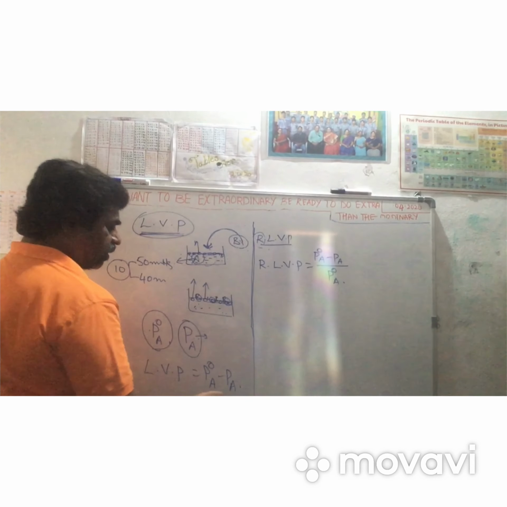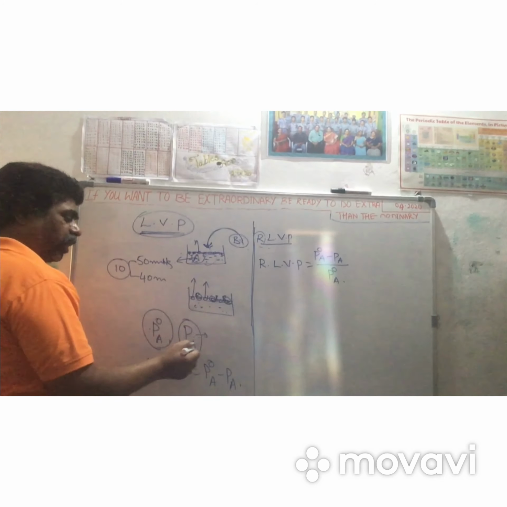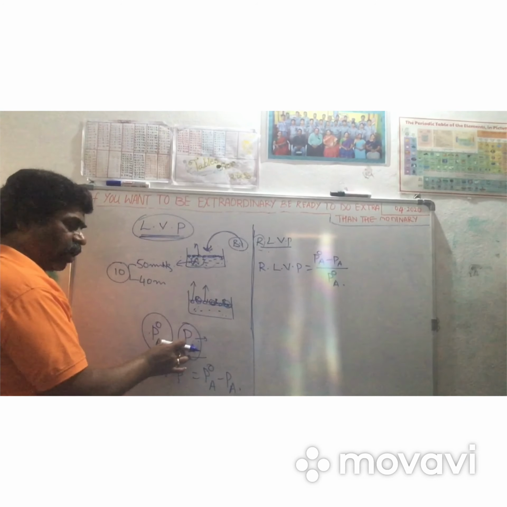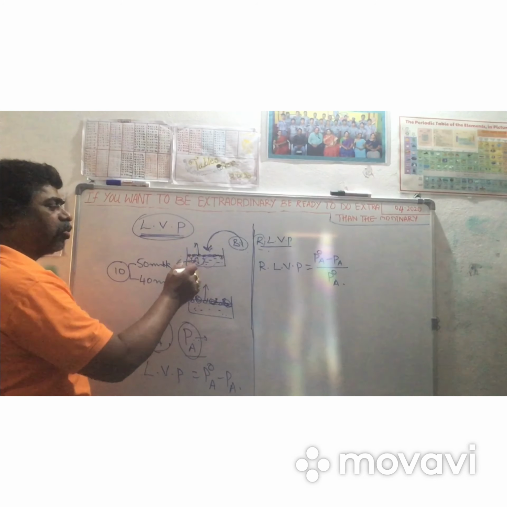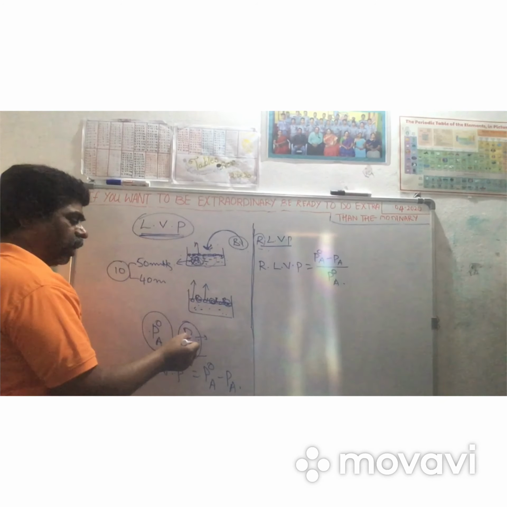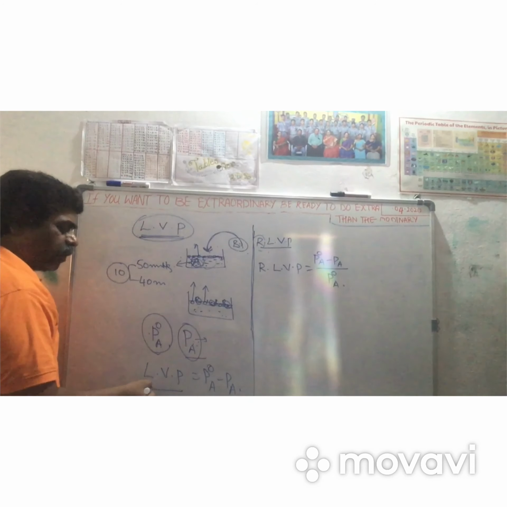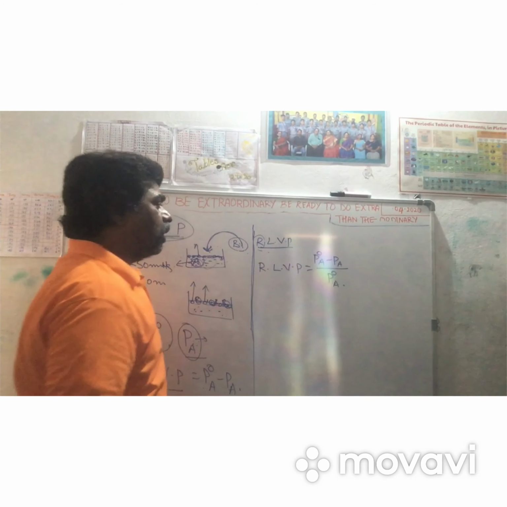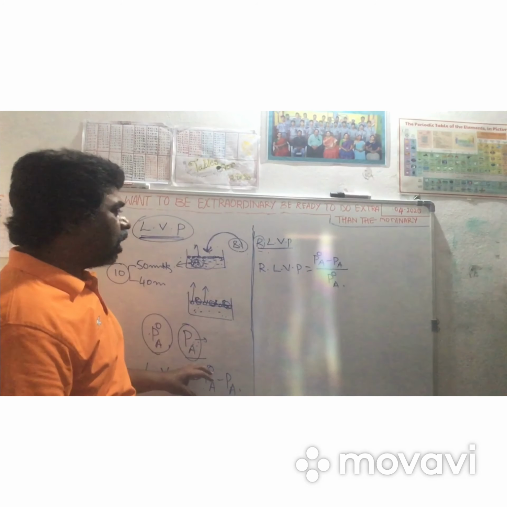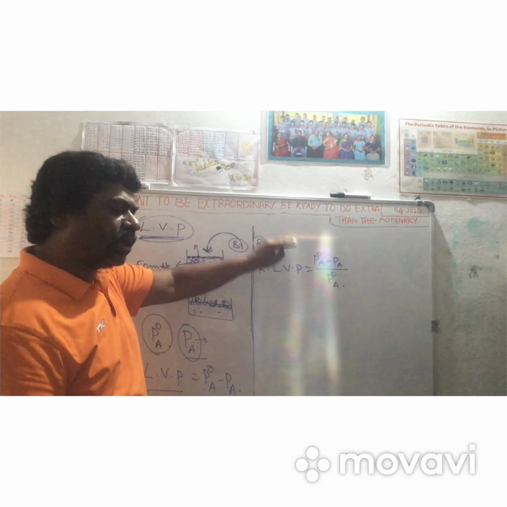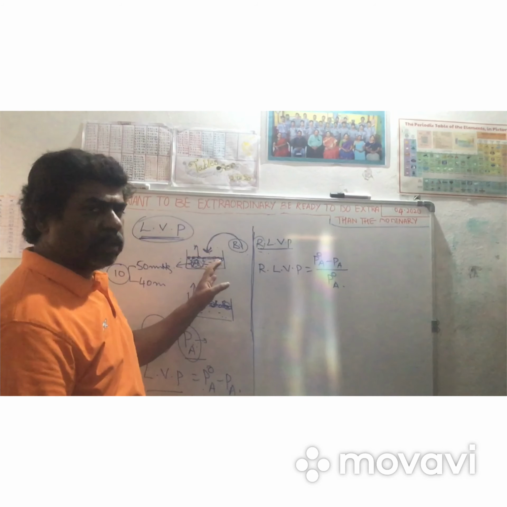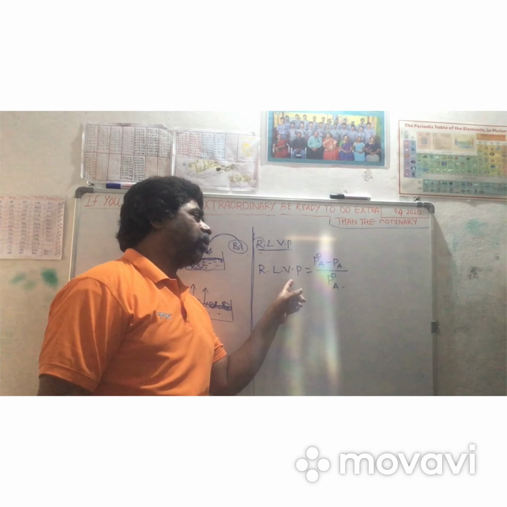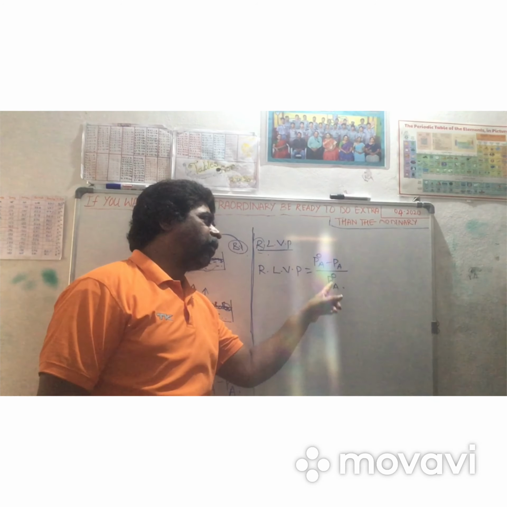So vapor pressure decreases. If the vapor pressure of pure solvent A is P naught A, and after adding solute B the vapor pressure of the solution becomes P of A, that also we have to write as A, because the vapor pressure after adding solute also depends upon A molecules only. Then lowering of vapor pressure is equal to P naught A minus P of A. The relative lowering of vapor pressure means, relative to the initial vapor pressure of the pure solvent, how much the vapor pressure is decreased after adding solute. Mathematically, relative lowering of vapor pressure is equal to P naught A minus P of A, divided by P naught A.